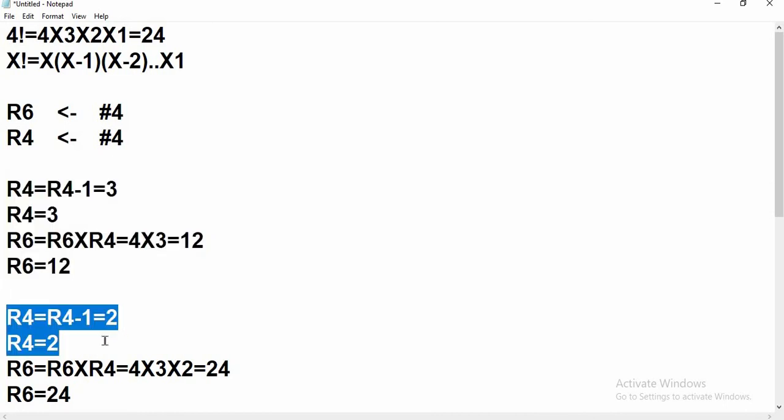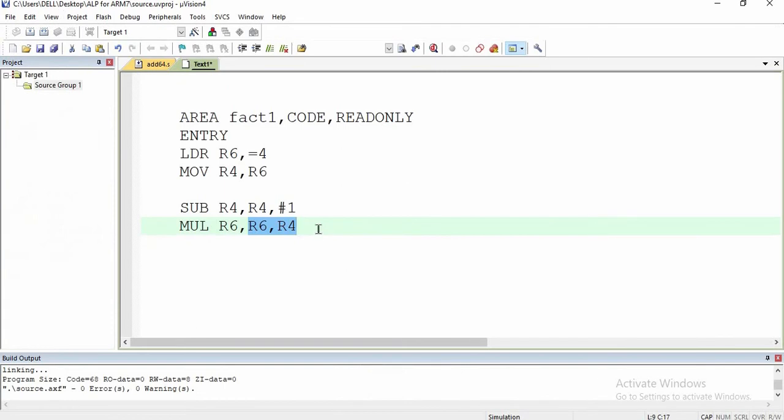Now we have to decrement R4 again, and this is continued till R4 becomes 0. So for that we will write S over here. This S will affect the condition flags, and once R4 becomes 0, the zero flag in the condition flags will be 1.